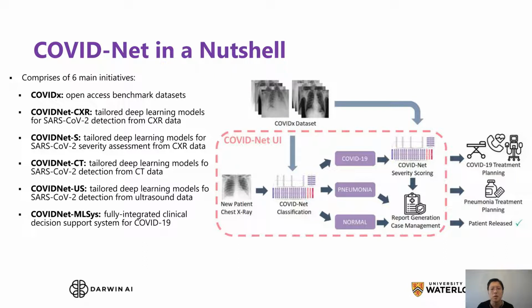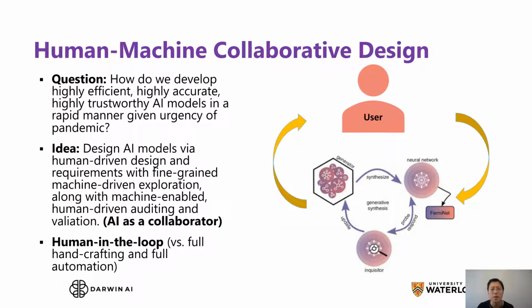And so next, how did we actually do this? So one of the key aspects that we're doing has been, how do we actually develop highly efficient, highly accurate, and highly trustworthy AI models in a rapid manner given the urgency of the pandemic? And so in order for us to do it, especially when we start off with a team of 2, is